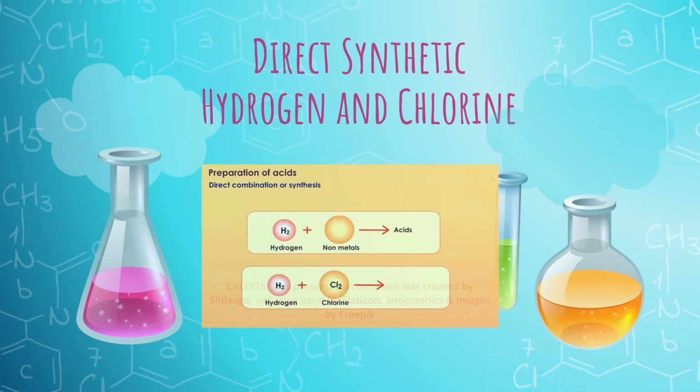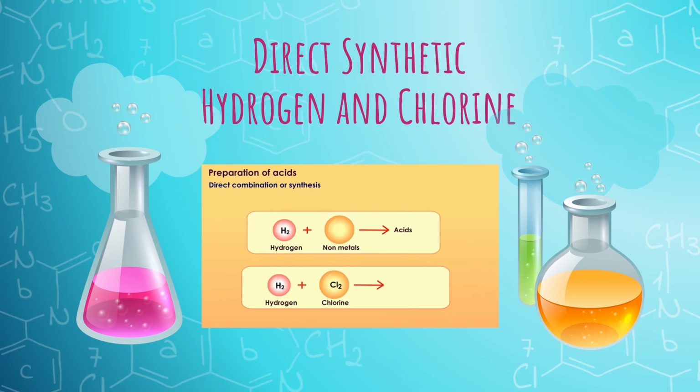Number 3, direct synthesis of hydrogen and chlorine. This process is a process of reacting hydrogen and chlorine directly in a reactor. The HCl product produced in this process is a relatively high concentration. The reaction between hydrogen and chlorine is very exothermic, so the reactor is usually equipped with a cooling